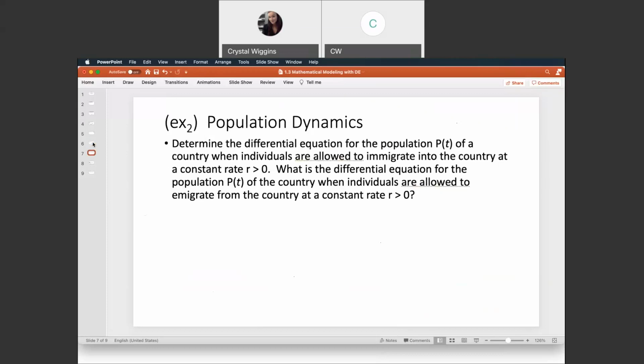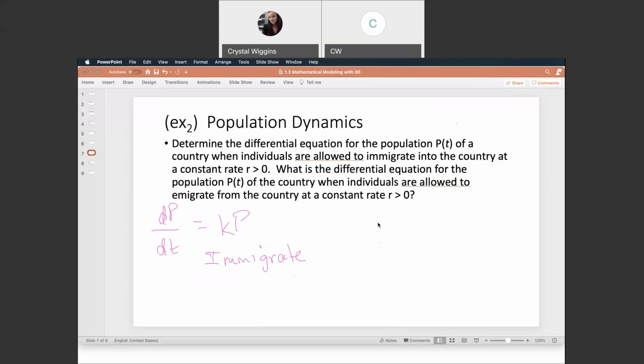So this one is actually more straightforward than you would think. We have the basic equation from the last slide, which said that the change in population over the change in time is directly proportional to a proportionality constant times the population. Okay, well, we're not given any specific information here, so there's no way that we can find the proportionality constant. We have no points or graphs to work with, nor do we have an initial population to find either. So really, we're just looking at the difference between immigration and emigration. And since immigration adds to the country's population total because people are coming into the country, and emigration is people leaving the country, then it is as simple as